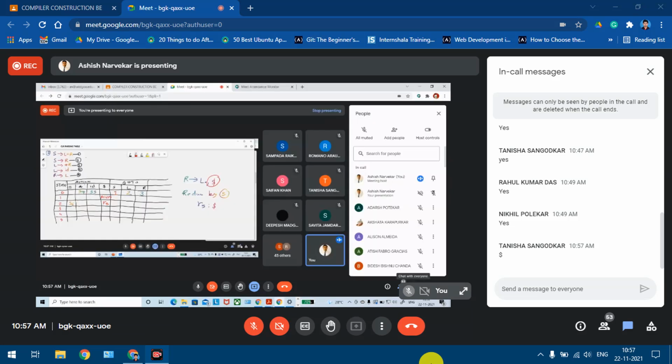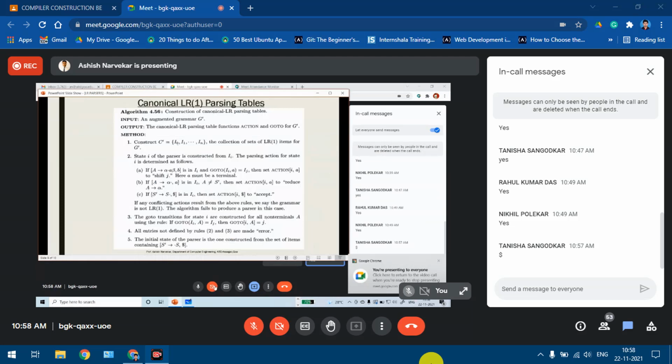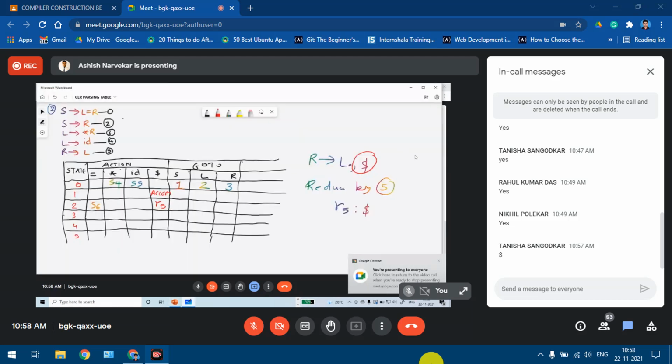So we have made the entry R5 under dollar in state 2 row. We'll proceed ahead and we'll see what more we get. Then when we are currently in state 3, we can see it is a final item, so we'll make the entry later. State 4, we can see that there are transitions which are going outwards.